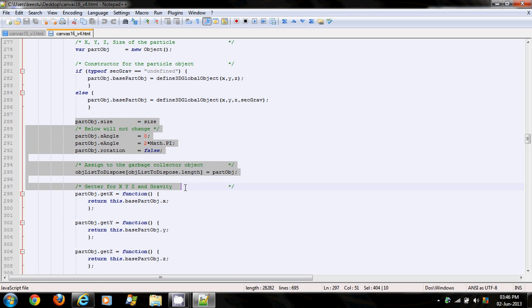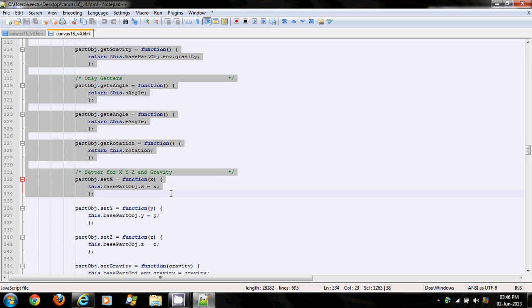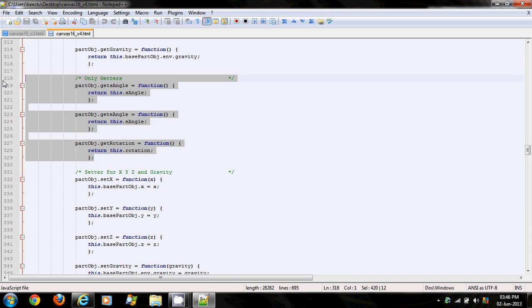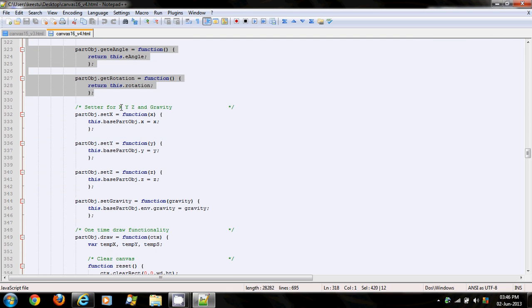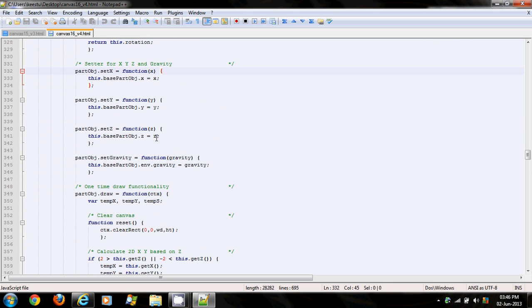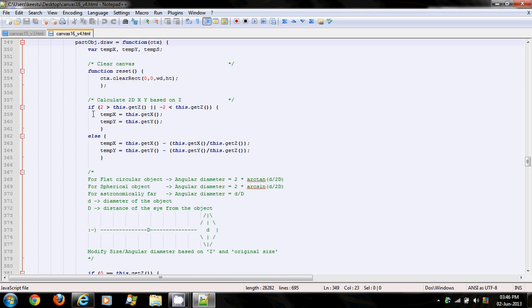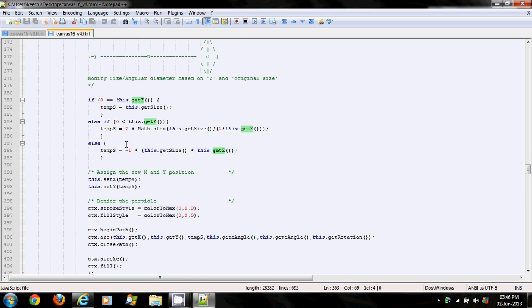Now, particle size, not much. Yes, here are these getters and setters. There are only for S angle, E angle and rotation. I am only giving getters so that people only get the values and cannot set it. Set can be set, you can set the XYZ and modifications in gravity. Hopefully in future it works. Once used in the draw, everywhere I've used get and set. There is no more direct value access.